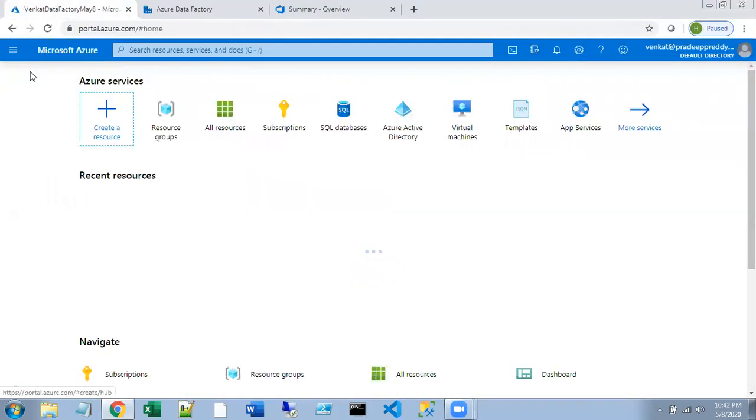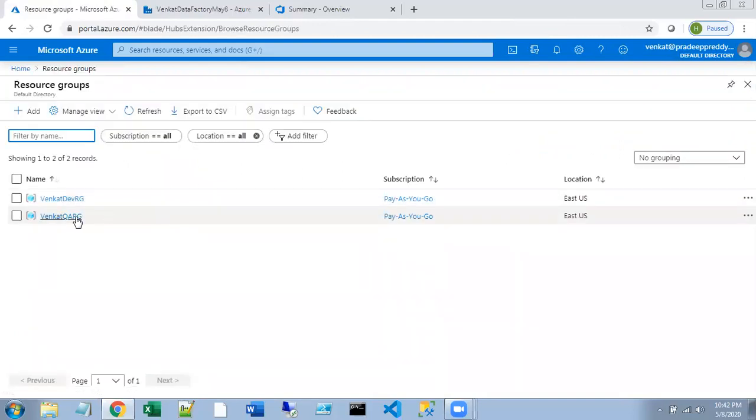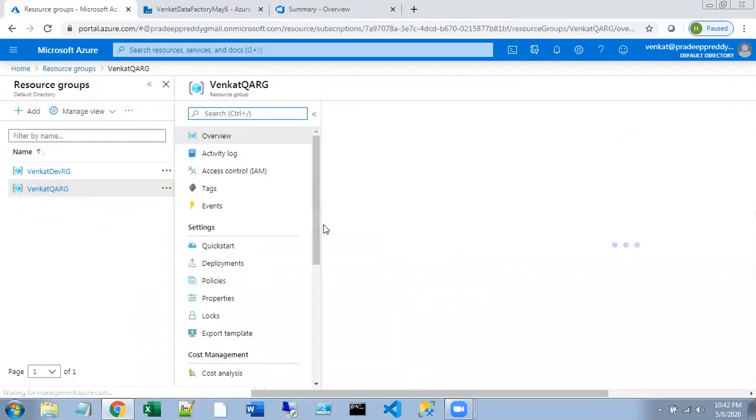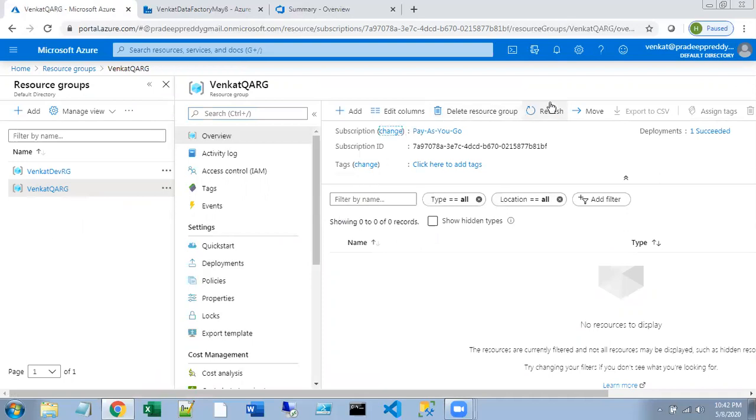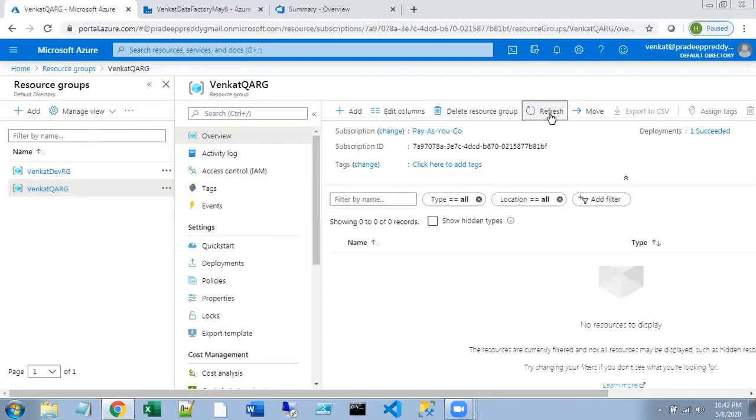Let's go back to the QA resource group and open the other data factory as well. That's fine, it's taking some time.